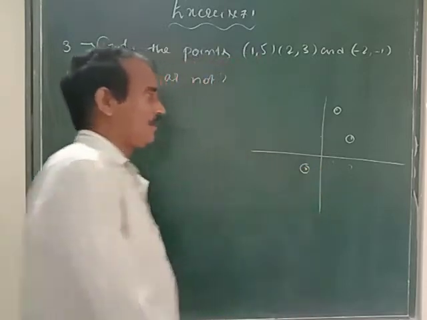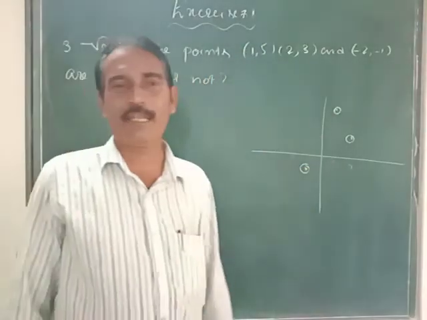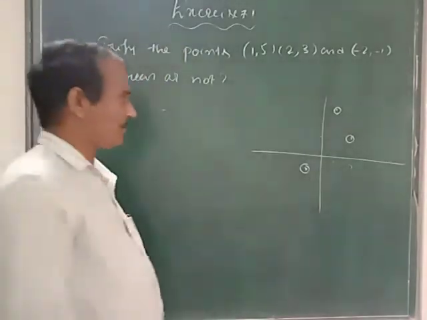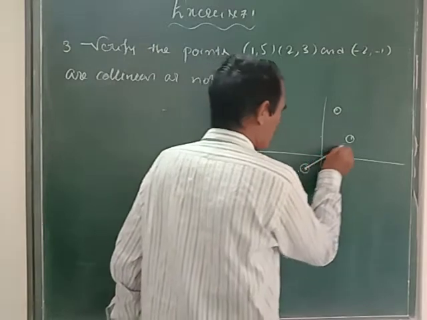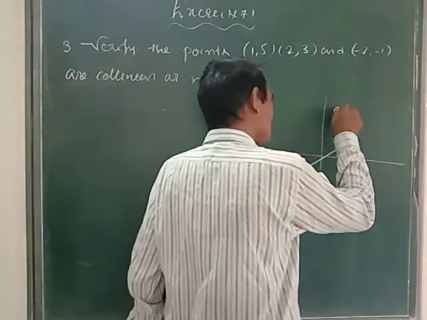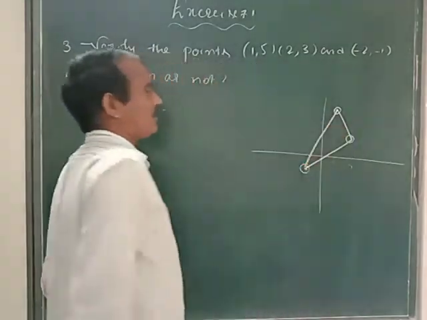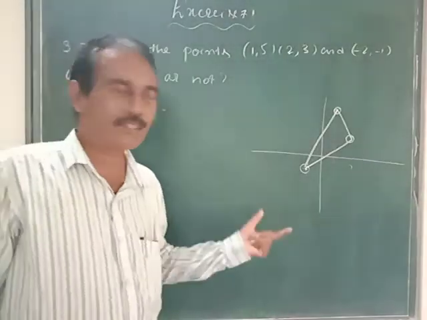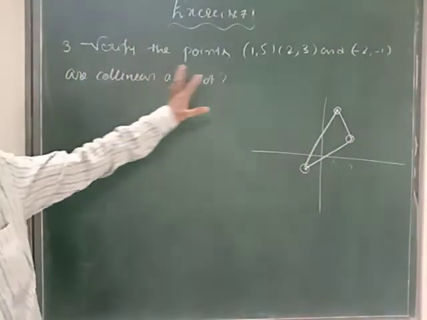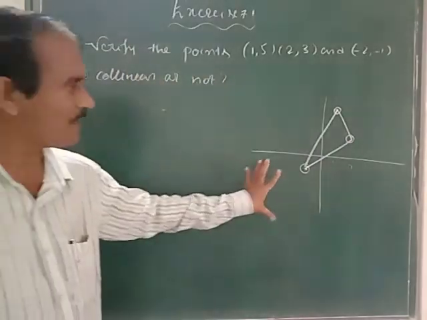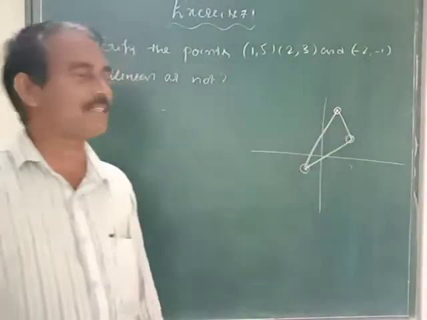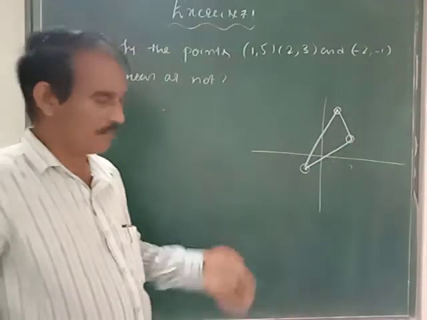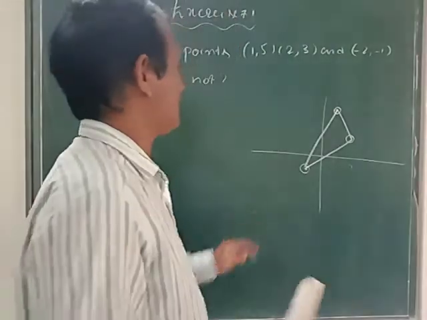What do you observe? Are the 3 on the same line? No. The 3 are not on the same line. Suppose you join the points, what happens here? This is like a triangle. So these 3 points are not collinear. Also, if it is given for half a mark in coordinate geometry, you simply need not find anything. Simply you have to say these 3 points are not on the same line, so it is not collinear. Are we clear? It is not collinear.